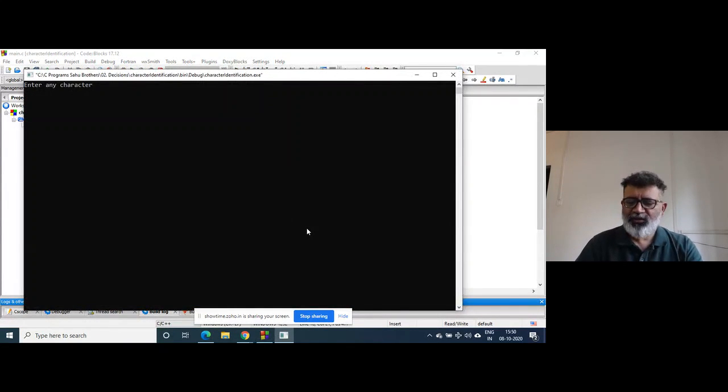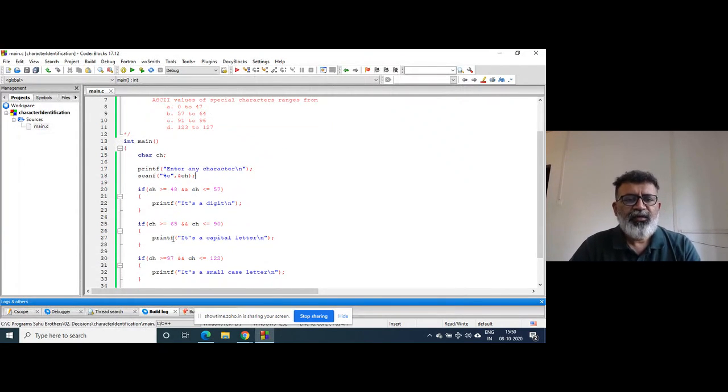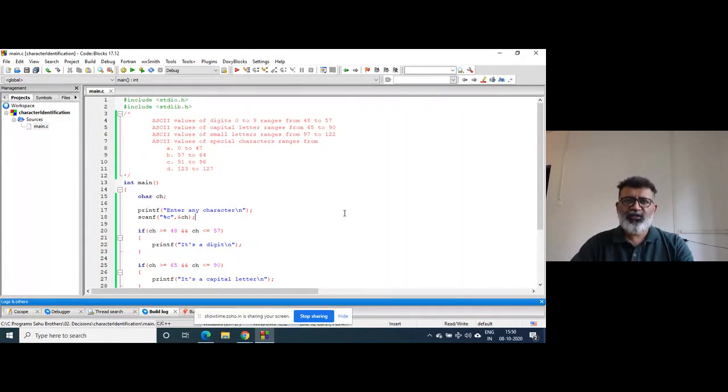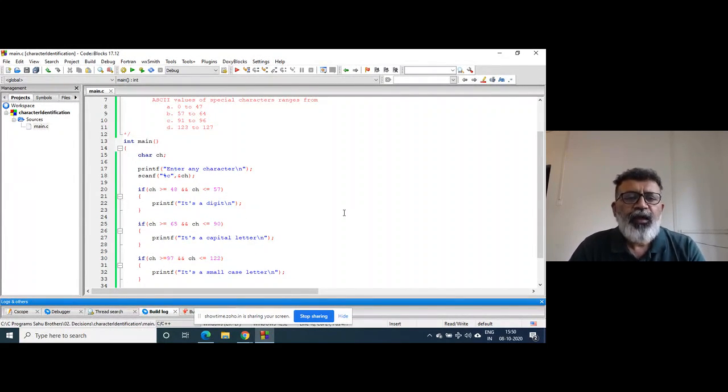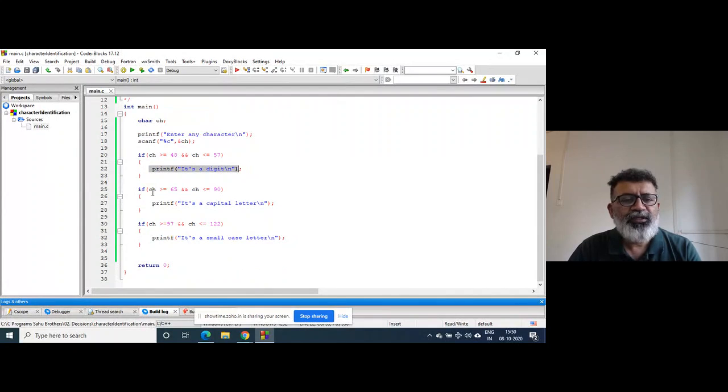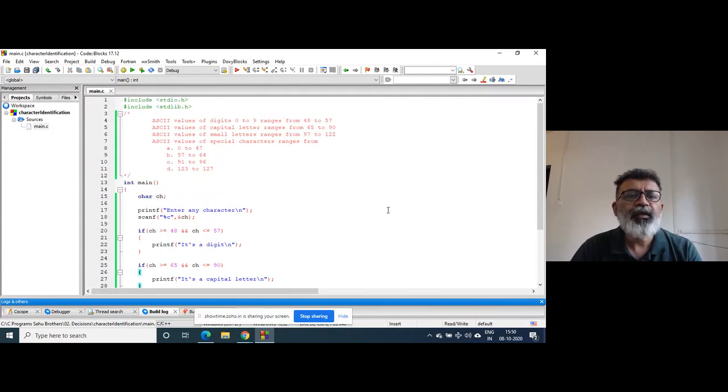If I enter 6, it will say it's a digit, because 6 has an ASCII value of 54 or 53. Now this condition is true, so it will print. There is no question of the other conditions also being true.